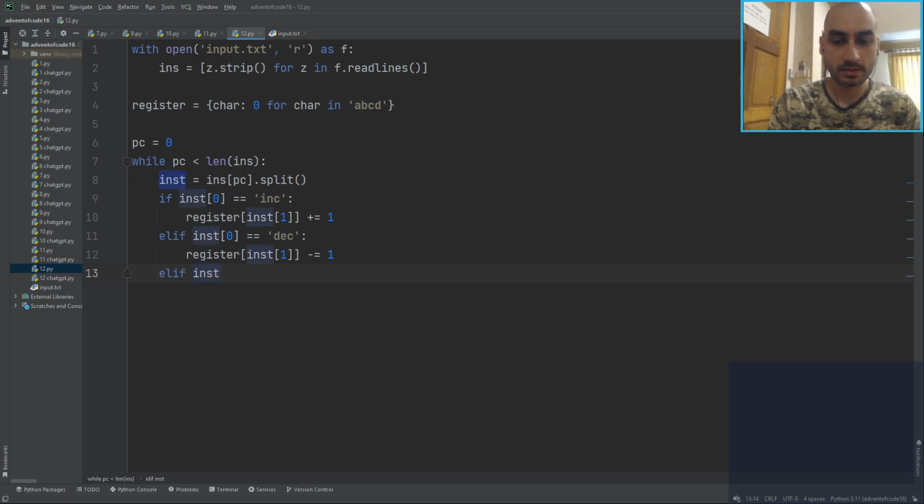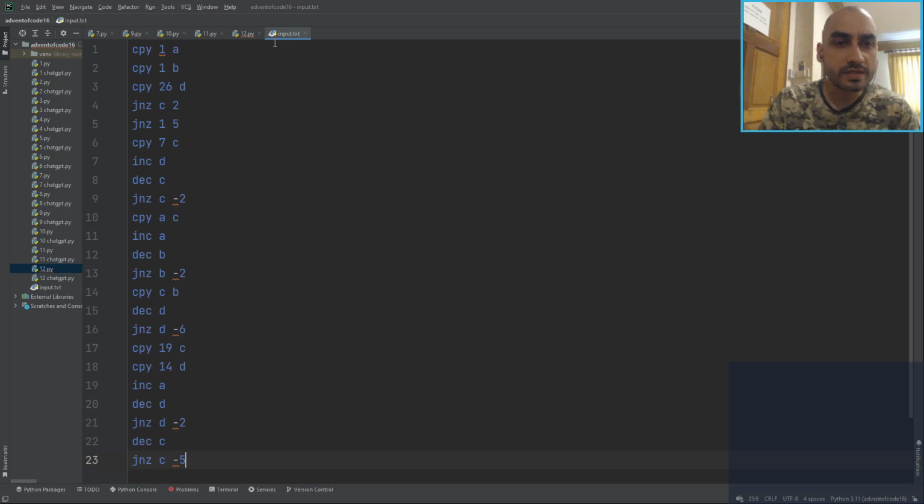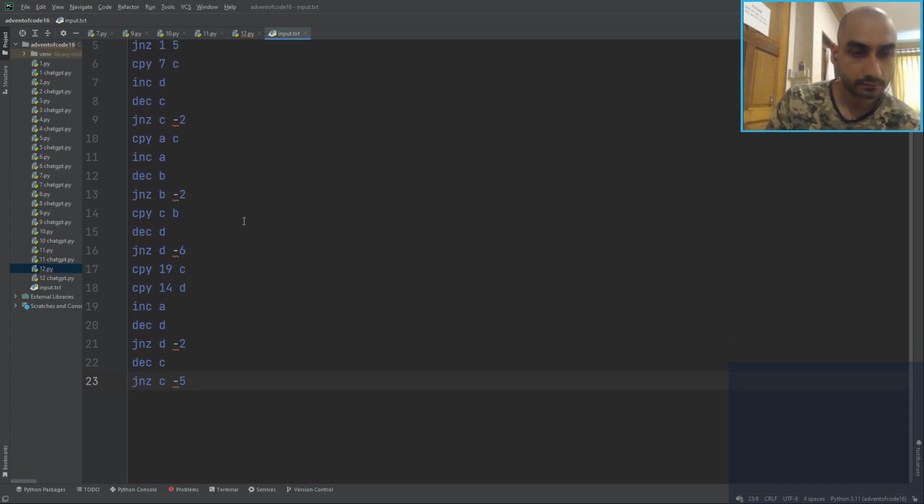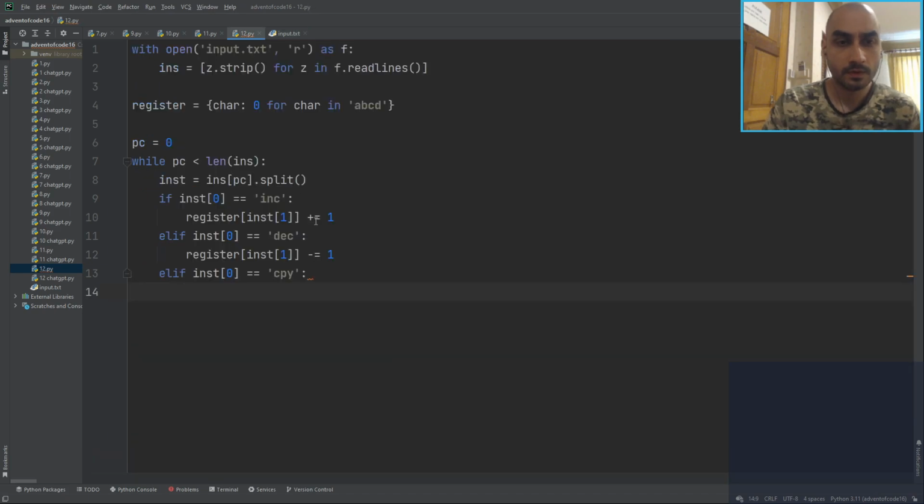Elif inst 0 is copy. So either it's a letter or, if inst 1 dot is digit, so if it's a number, then